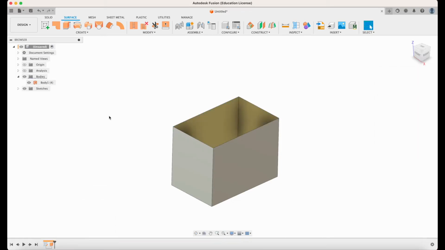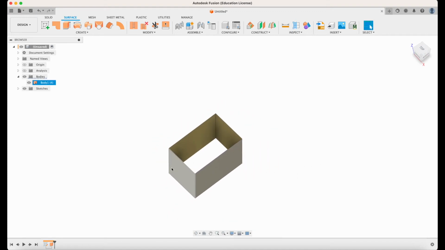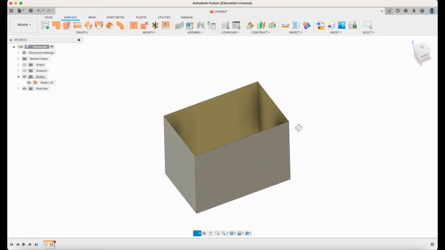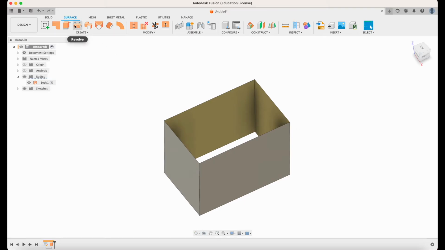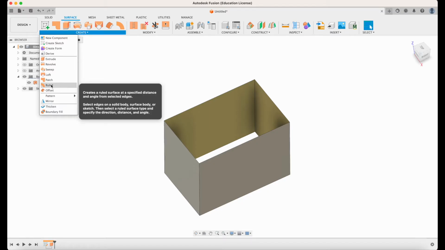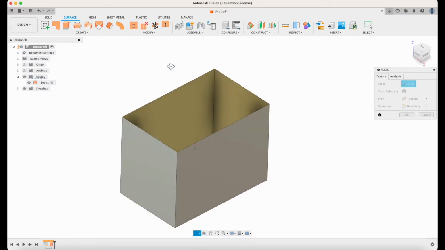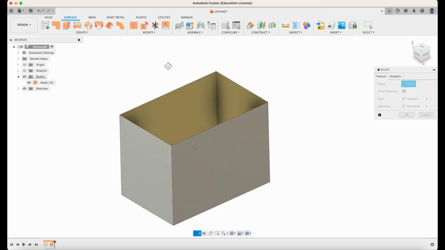Delete the top patch. Okay. Now, there are other things that you can do with surfaces which are pretty interesting. We talked about extrude and patch. These are the most simple ones. Then you have something called a ruled surface, okay? A ruled surface. Now, a ruled surface is very similar to an extrusion, but